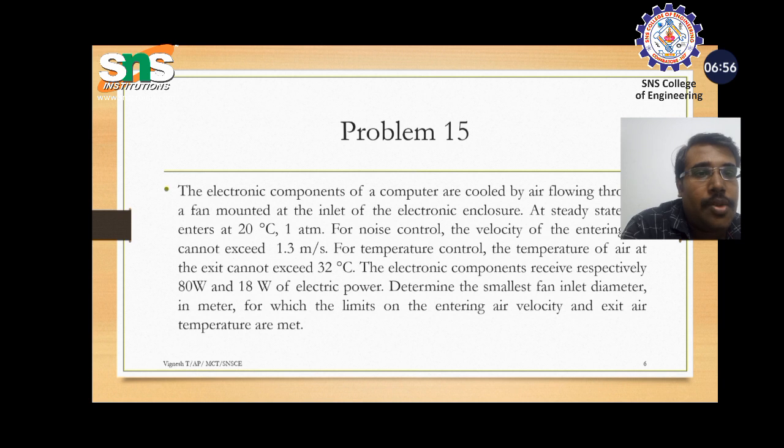For temperature control, the temperature of air at exit cannot exceed 32 degrees centigrade. The electronic components receive 80 watt and 18 watt of electric power respectively. Determine the smallest fan inlet diameter in meter for which the limits on the entering air velocity and exit air temperature are met. So this is simple,